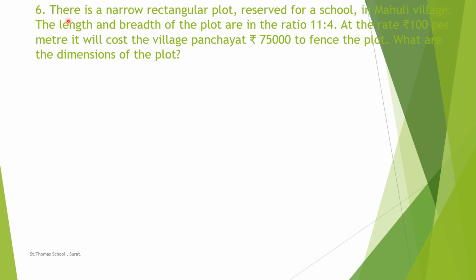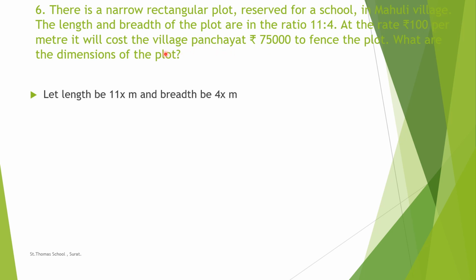Question number 6. There is a narrow rectangular plot reserved for a school in Mahuli village. The length and breadth of the plot are in the ratio 11:4. At the rate of ₹100 per meter, it will cost the village panchayat ₹75,000 to fence the plot. What are the dimensions of the plot? So there is a rectangular plot and the length and breadth is given in the ratio, that is 11:4. So we can take that the length be 11x and breadth be 4x, and per meter the rate is ₹100,